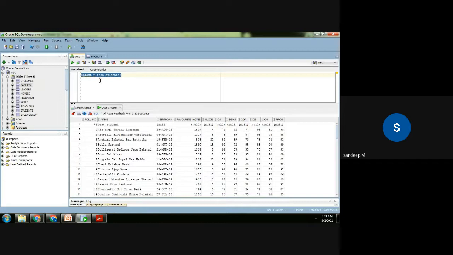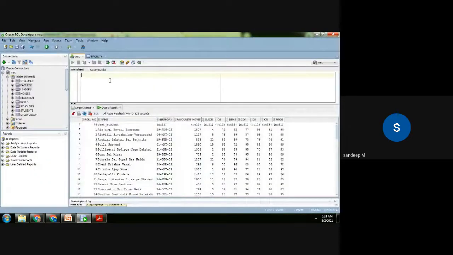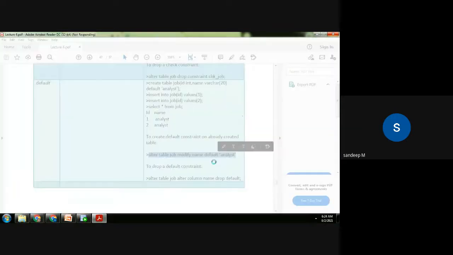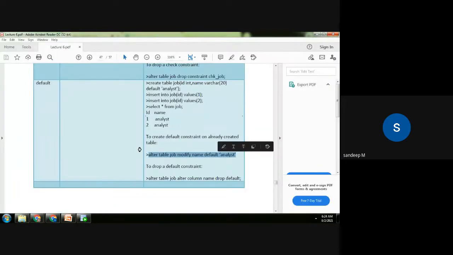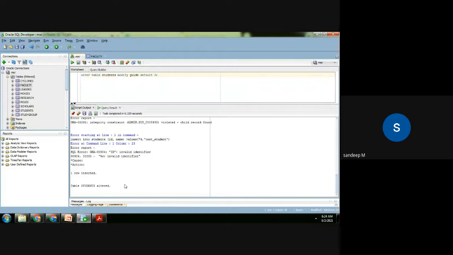So we will alter the table. The table students is altered.